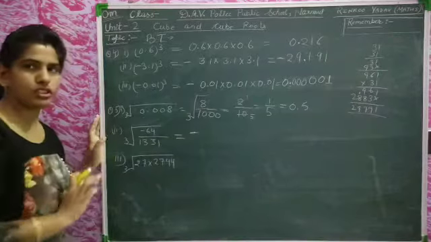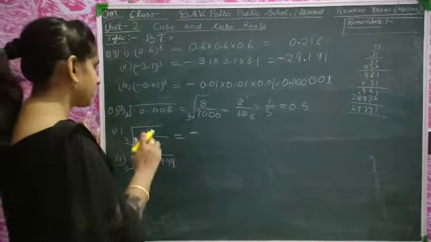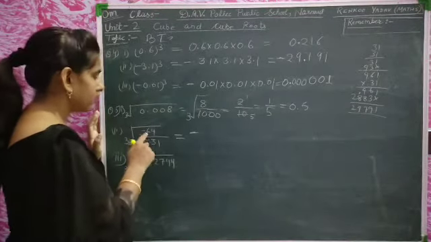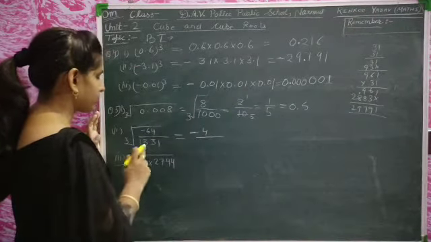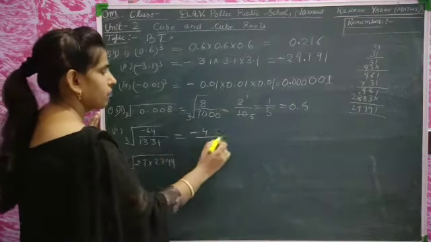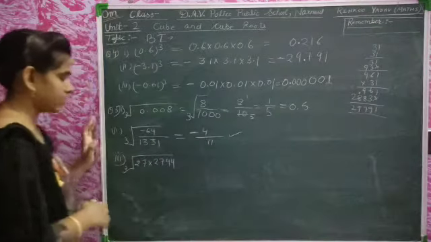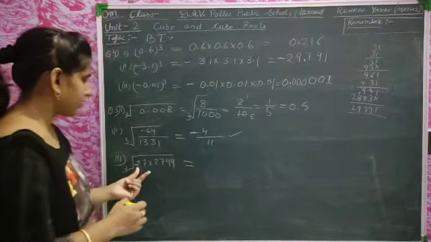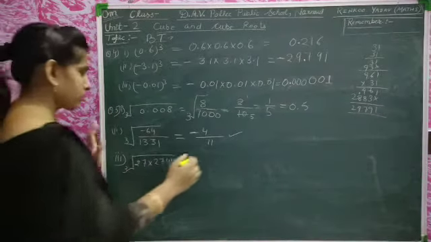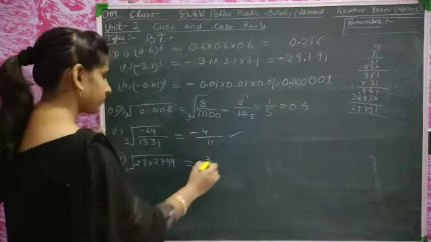Minus sign is put outside from the minus here, and this is the cube root of minus 4, and the cube root of 11. Minus 4 by 11 is the answer here. Now we will go to the next question. This is 27. The cube root of 27 is 3, into